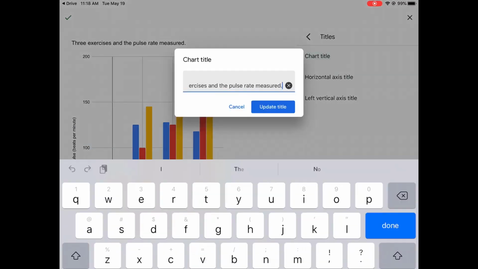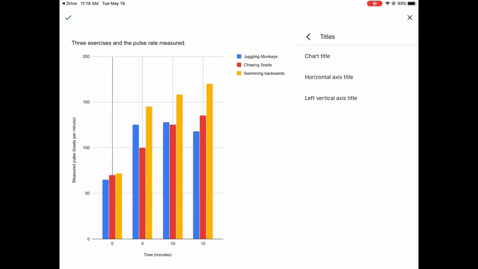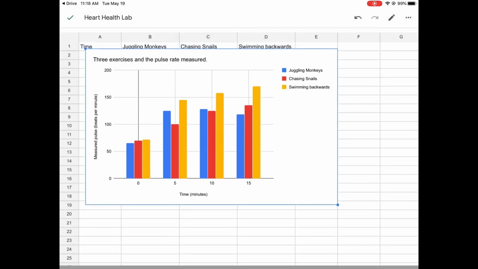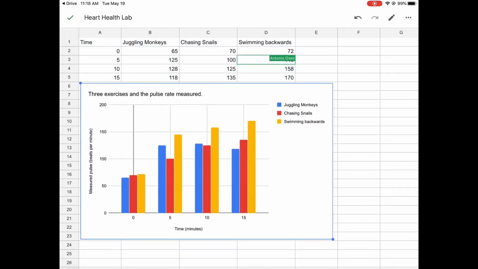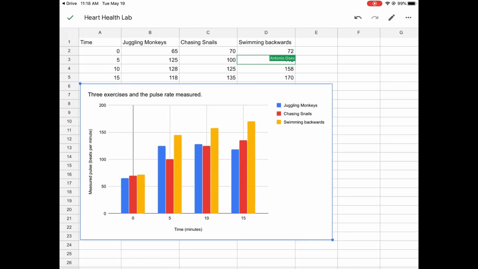Now, the way I set up my data, all I've got to do is hit the check mark and it's done. I have my data is now color coded, where each exercise has its own color. For example, juggling monkeys is blue, chasing snails is red, and swimming backwards is yellow. It also